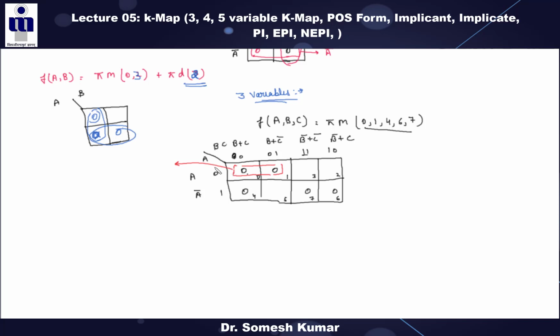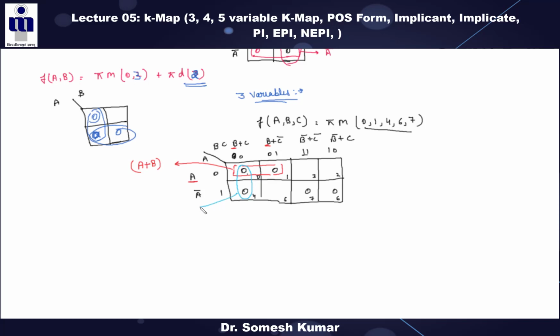We have to take the sum of those common terms, right? So, which ones are the common terms? This one is common, and from here, this is common. So, what is the output? A dot B or A plus B? A plus B, right? Clear? Understand the difference? Please make a distinction between this SOP form and the POS form. Don't get confused.